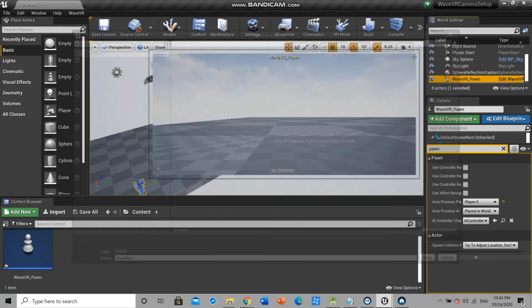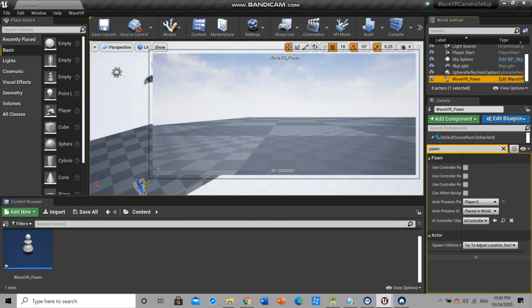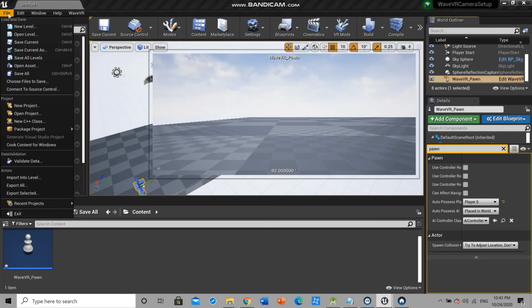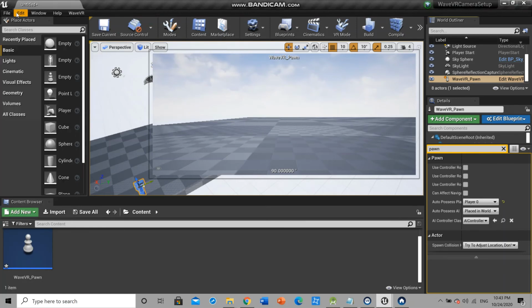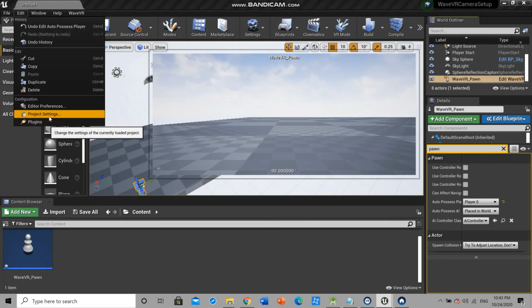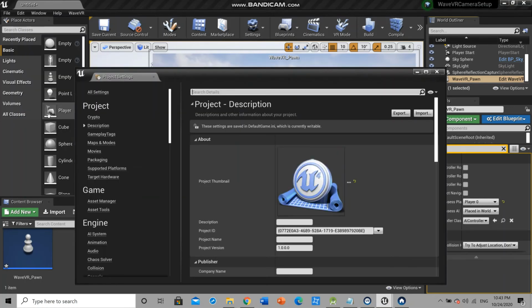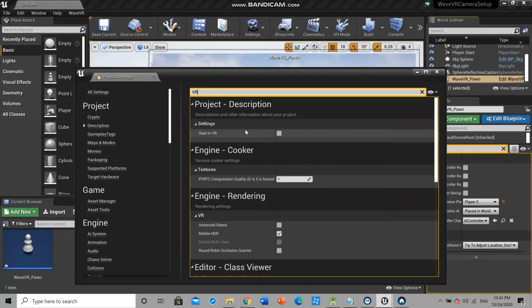and okay, now what we want to do is to see the preview in Android mobile. Actually, it was better to do that at the beginning, but I just forgot it, but we can do it right now as well. Go to edit and then project settings. Here search VR, start in VR, select it. Make sure to check the box start in VR, and then